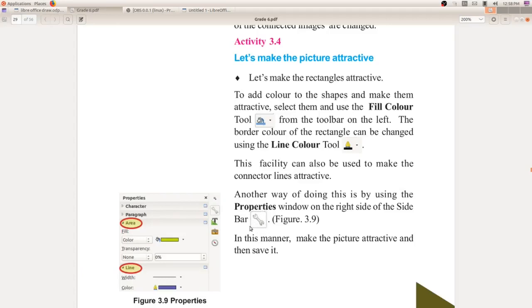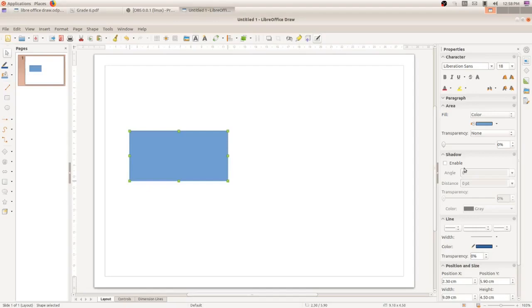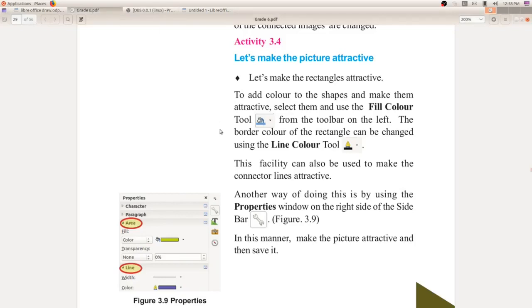You study this symbol which is given in your textbook. In our system the symbol is given like this, but don't bother about this. Please study the symbol which is given in your textbook.